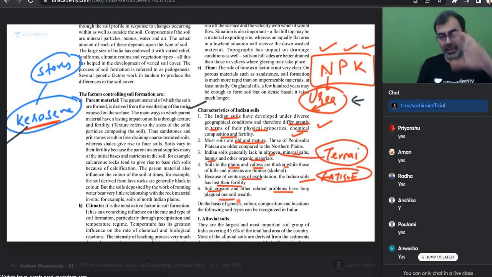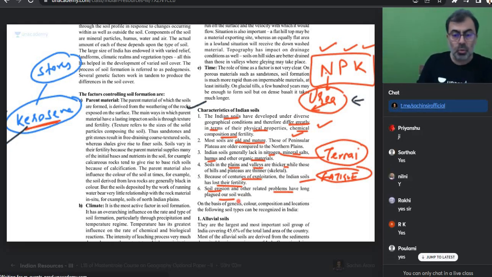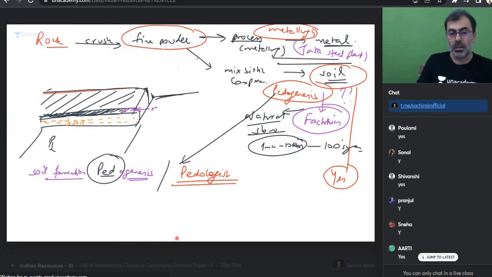Everyone, all these characteristic properties, if they ask you, now can you think and link and come to an answer? Get that? So though Indian soils are very, very diverse,